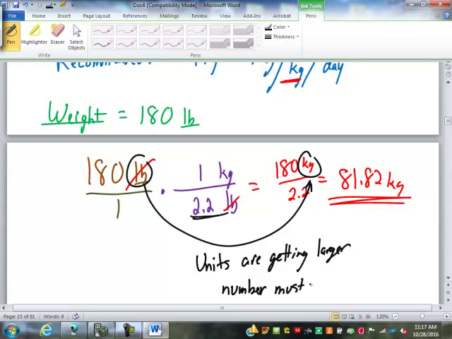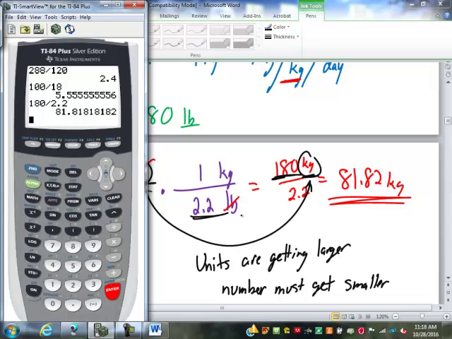Must get smaller, must decrease. So if you ever go from pounds to kilograms, and the number with the kilograms is bigger than the number with pounds, you know you did something wrong. Now, I'm not throwing that out there to make fun of you or make light of anything, but those are little things I keep in my head all the time, because it is very easy to screw up,